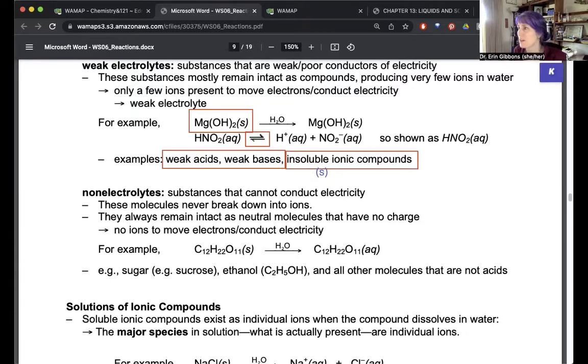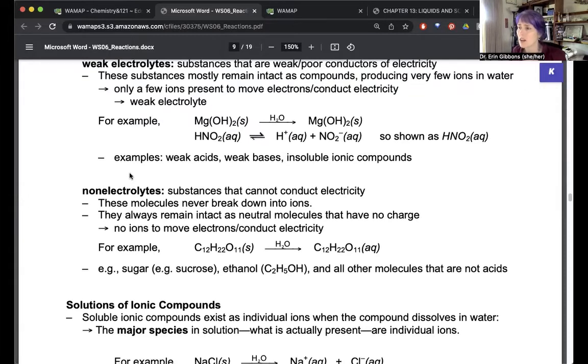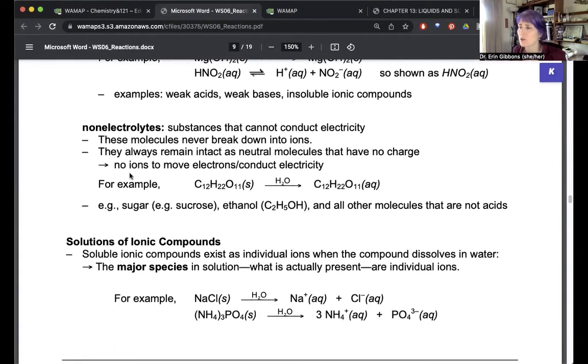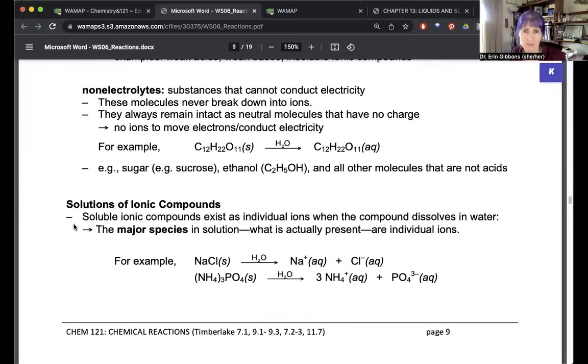Okay, and then possibly the trickiest part of this are the non-electrolytes. These are molecules. They may dissolve, but when they dissolve, they don't break into ions. So these are things, when we talk about solubility,